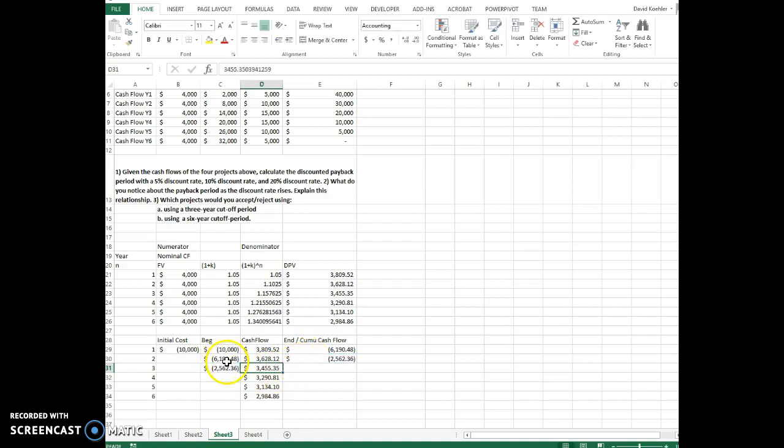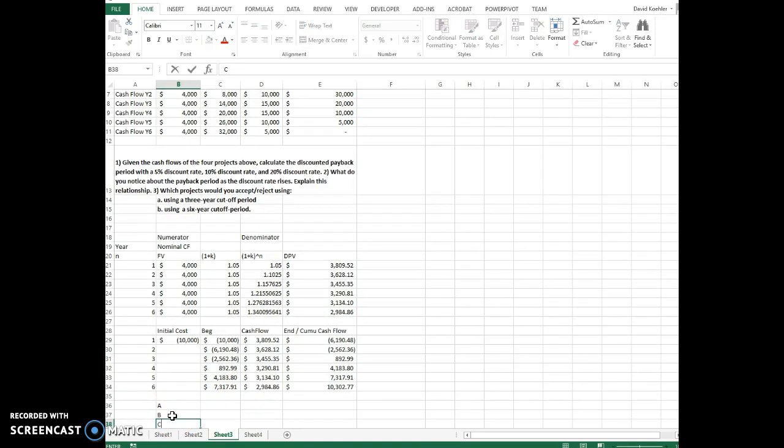And then now I have 2 instances here of what I wanted. Don't use this one because year 1 was different. We started with our project cost. But years 2 and 3 are the same in terms of the logic. We just carried this forward, so let's drag that down. The logic here is the same because we just added our beginning and our cash flow for the year. We've told Excel a couple of instances what we want it to do, so we're going to drag it down. Boom. So in this case, we're looking for A, B, and C